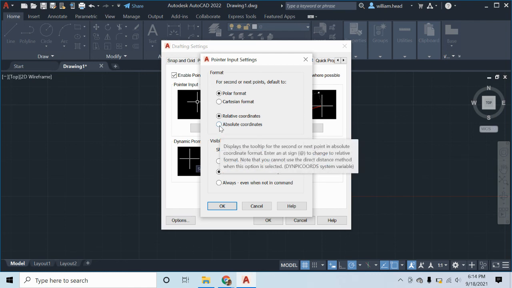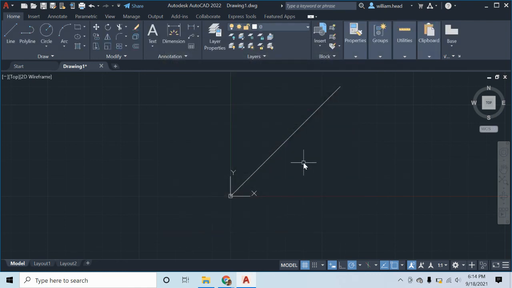Now let's click absolute coordinates. Okay. I'm going to delete these 2 lines here. I'm going to see if it builds. So I'm going to type in 1, 1 again. It didn't go 1 to the right and 1 up anymore. I was expecting it to go up somewhere. Well, it didn't do that because now we are in